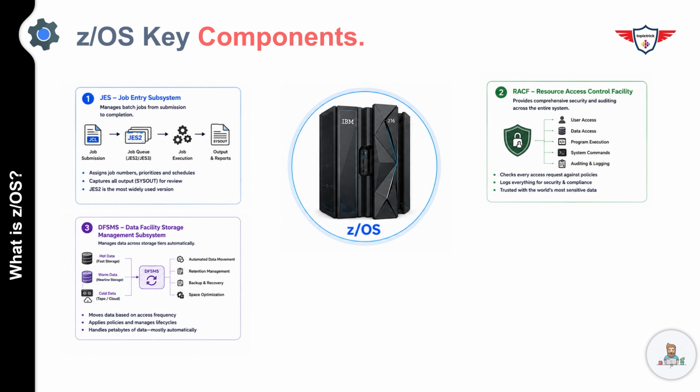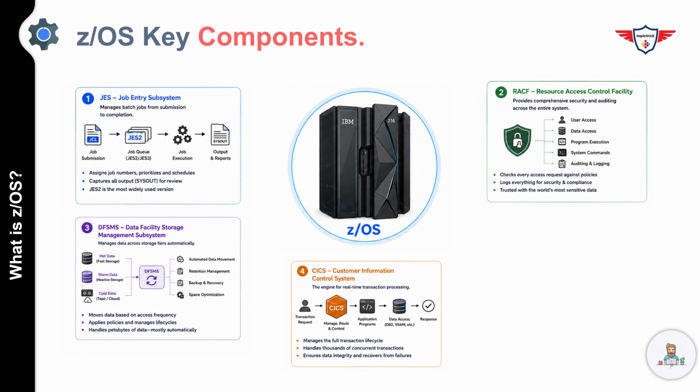Every access request on z/OS goes through RACF. It checks against its database of users, groups, and permissions. And based on rules, it either allows or denies access to the user. And remember, it logs everything. This level of security is one of the reasons why z/OS is trusted with the world's most sensitive financial and